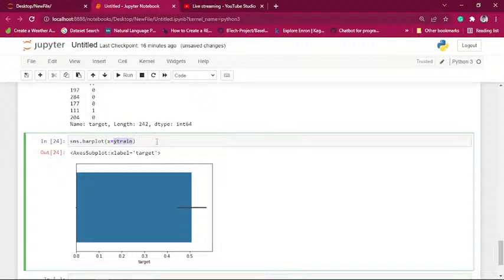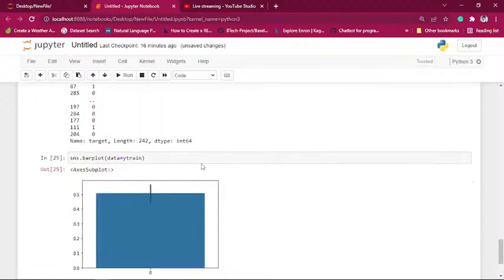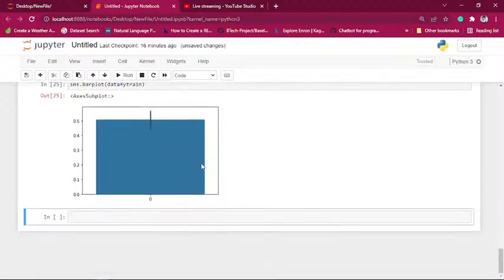So you can easily plot the values, which helps us see how the data is distributed: how many zeros and so on there are. Like that we can easily analyze it here. The next process is how we are going to use this train data and test data